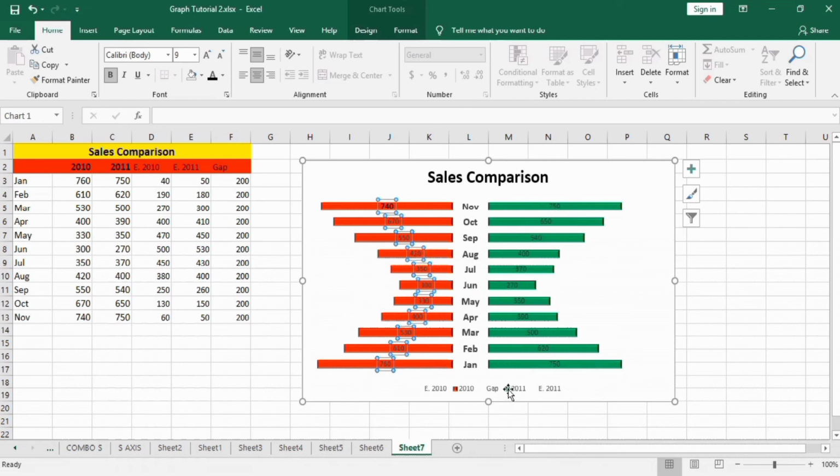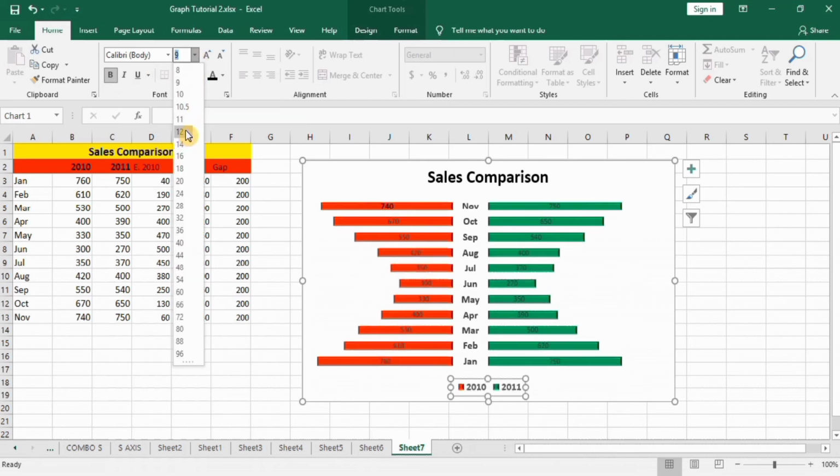Now I will teach you how you can set these legends. Firstly, single click on it, then again click on the one you want to select. For example, I will click here again. It will be selected. Click backspace. Similarly, select this one and again click on gap and press backspace. Select again and select this one. Click backspace. Now select this and you can adjust its size using this option, and the formatting of the graph is completed.